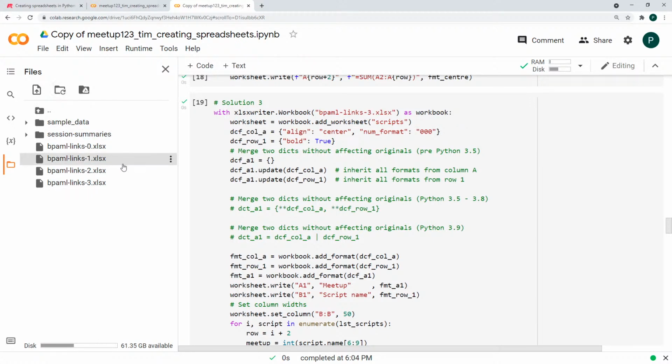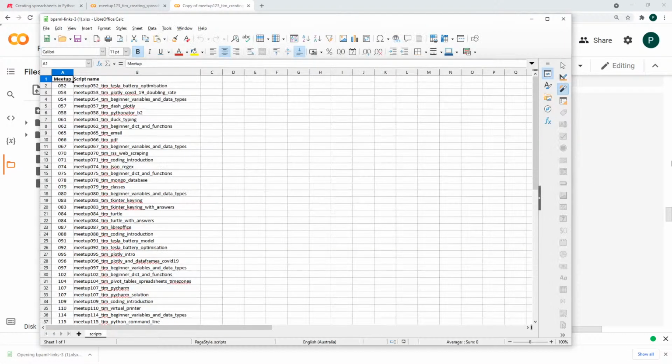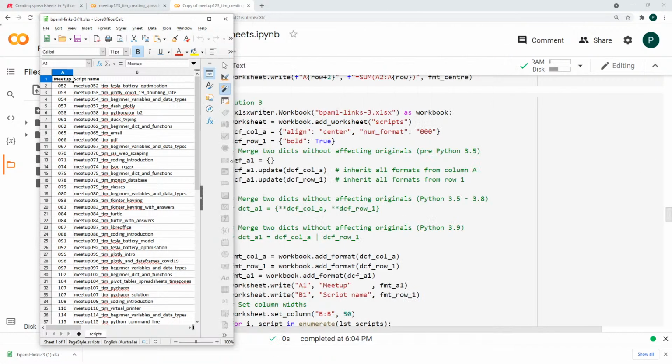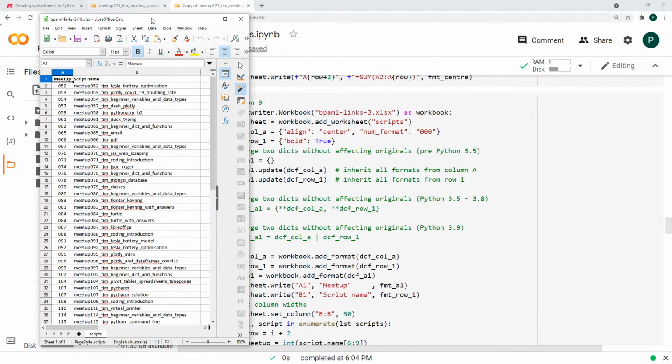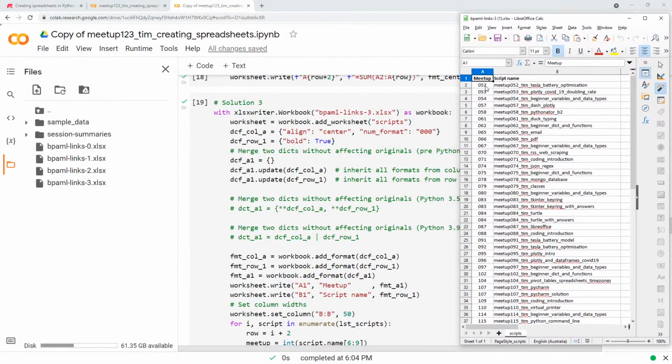And we'll download our new task 3 spreadsheet, and you see Google Chrome's put the brackets 1 on it. So we've put in 0 padded meetup numbers here,